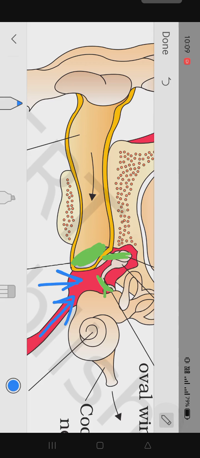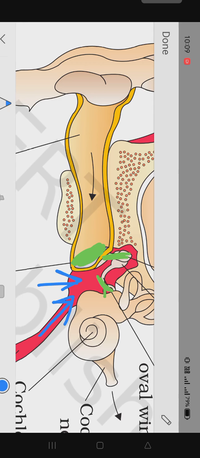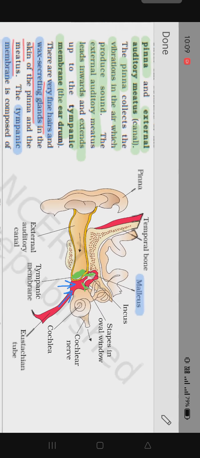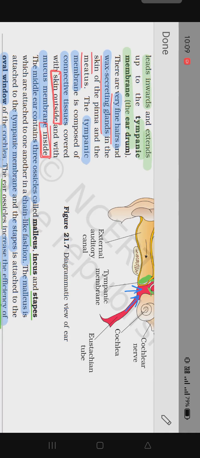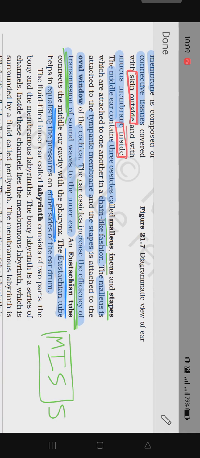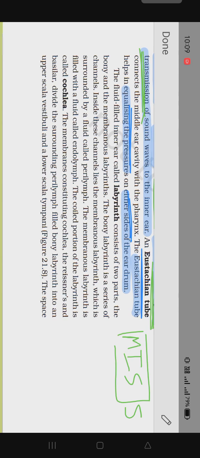the pharynx. That's why when we go to hilly areas and suddenly our ears feel closed, we just yawn. That is what our parents suggest, just yawn a little bit. When you yawn, the eustachian tube flushes a little bit of air from your pharynx to your middle ear cavity. As a result, your eardrums open.